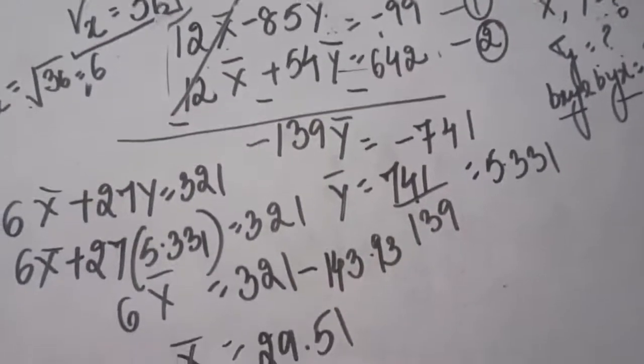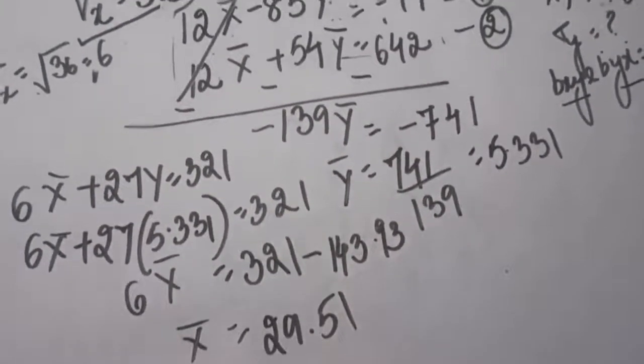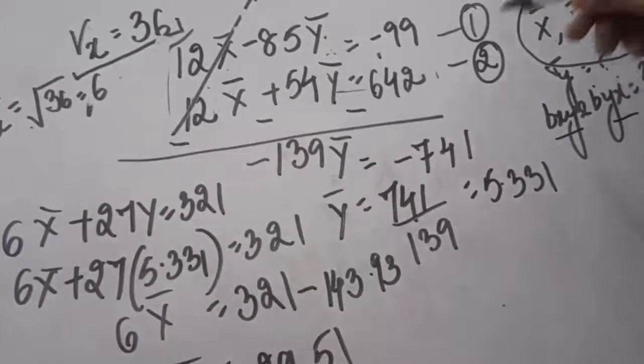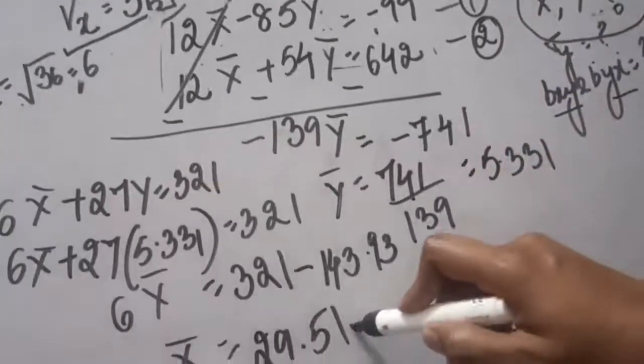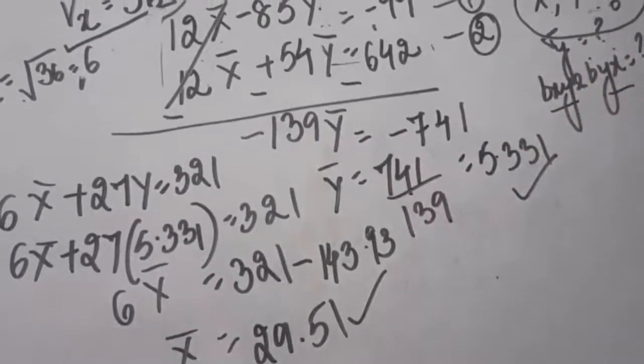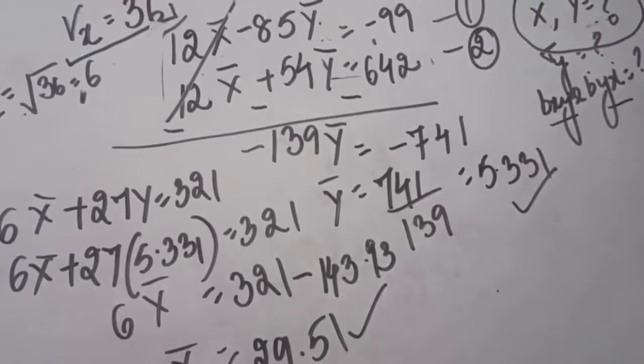So our first task is over. The first thing that was asked in the question was x mean and y mean, and we have calculated them here. Coming to the second task, we have to find the regression coefficients, and then we can find the standard deviation. So firstly you will have to calculate the regression coefficients. Let's see how we can calculate that.